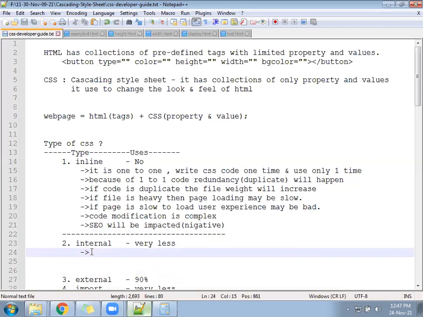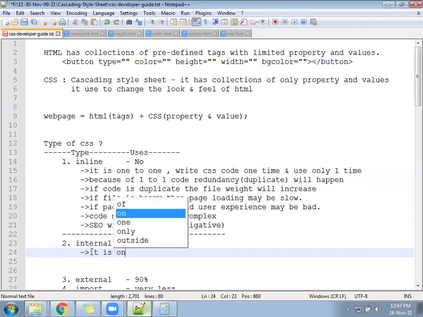Okay, let's go ahead. Next, we have internal CSS. Internal CSS, what does it say? It says it is one to many.